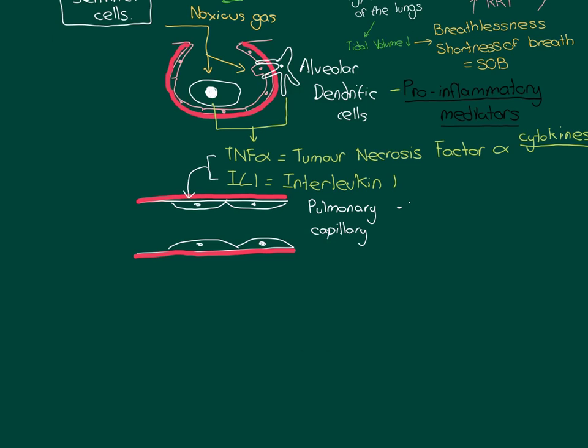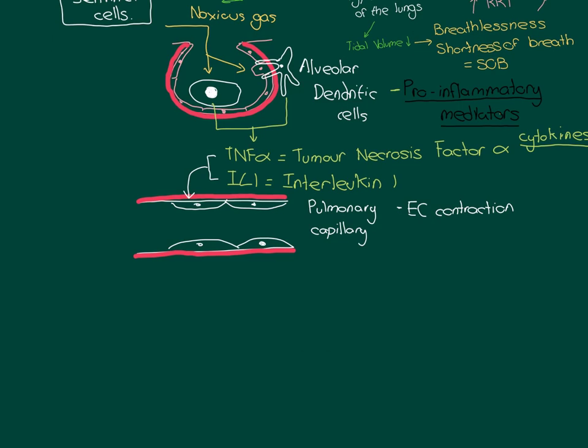So one of the things that's going to happen is endothelial cell, so EC is just short for endothelial cell, and then contraction. Now what does this mean? This means that the endothelial cells are going to contract, and they're going to withdraw their peripheral edges. So the endothelial cells are going to change shape, and they're going to get rid of these end bits, so they're going to become much more globular.